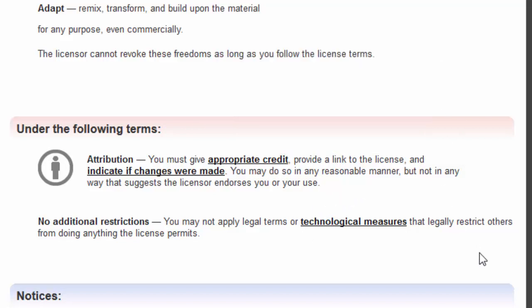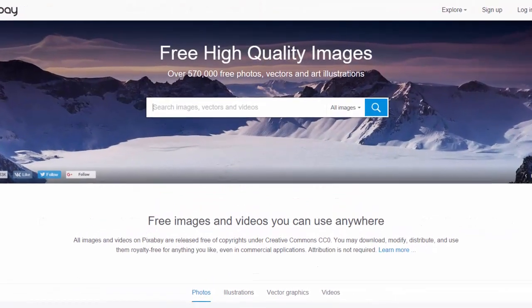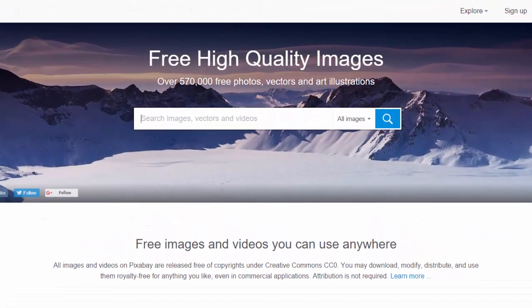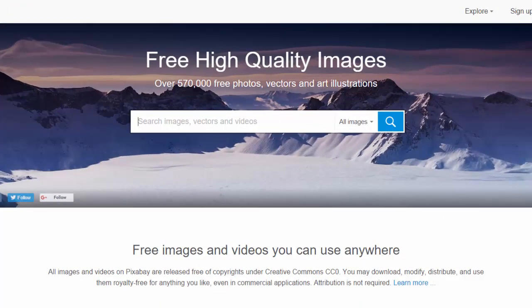So you can use Creative Commons images in your videos and on your websites and blogs, but I tend to stay away from that as much as possible. I will stick with a site like Pixabay where you can get public domain images absolutely free, or I'll use a stock photo website. Now, sites like iStockPhoto and other royalty-free stock photo websites are pretty expensive, but the one